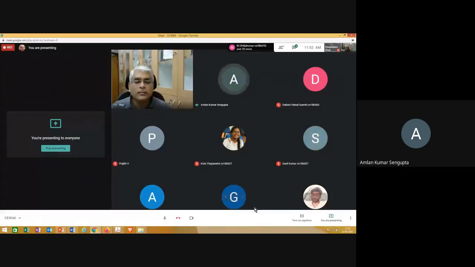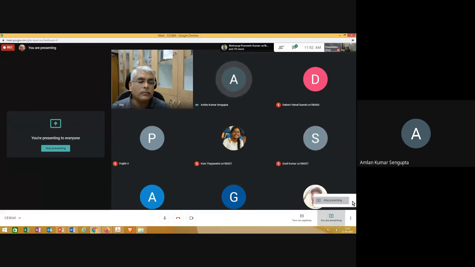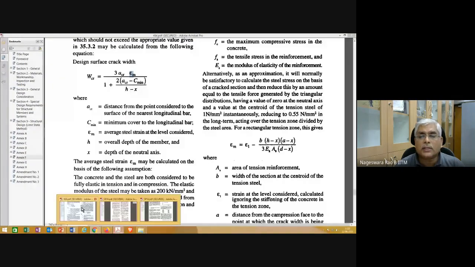Yeah, the limits of the crack widths are now different in the present code. If the exposure condition is not severe, then it can be 0.3 mm, like for an interior condition. If there are chances of corrosion, then it should be reduced to 0.2. And for severe cases, it is 0.1 mm. I think this limit should be kept in mind when you are calculating the crack width. So let's open and see that before we close. Just 1 second.